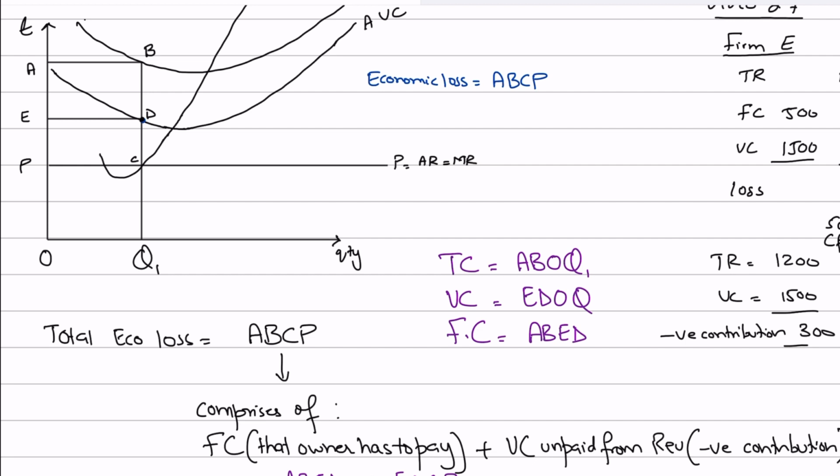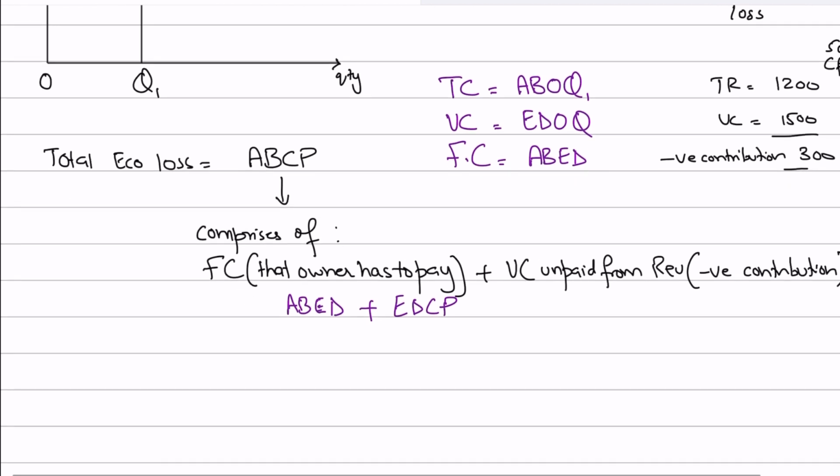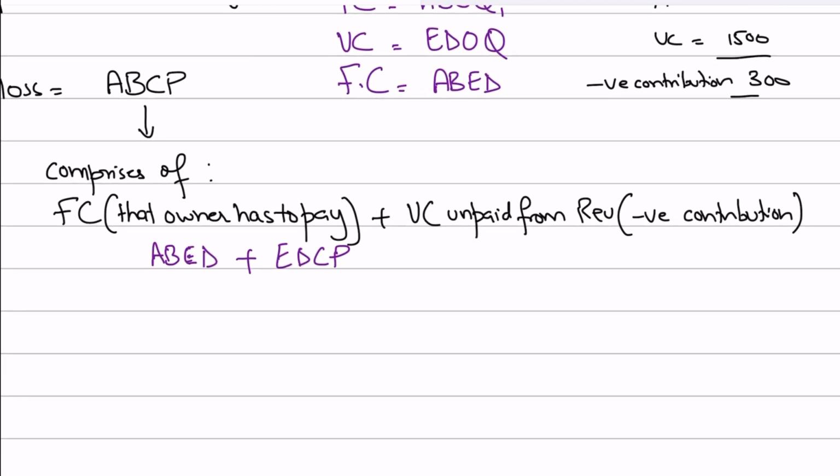Now ABCP basically, एक्सप्लेनेशन में आप लिख सकते हैं. I mean एक्सप्लेनेशन में अगर आपको एक आध वैल्यूज़ देकर समझाना है, आप समझा सकते हैं. That's your call. ठीक है. Depending upon how much time you have. But as a student you must know ABCP is your economic loss. Now this loss, मैंने यहाँ लिखा हुआ है, this loss is divided between, it comprises of the fixed cost that the owner has to pay from his own pocket plus the variable cost that is unpaid from revenue, because which